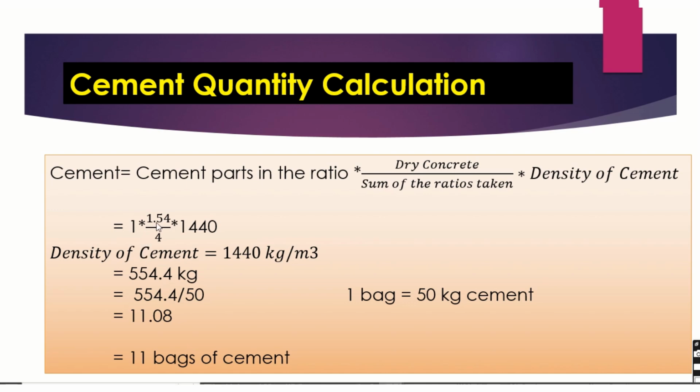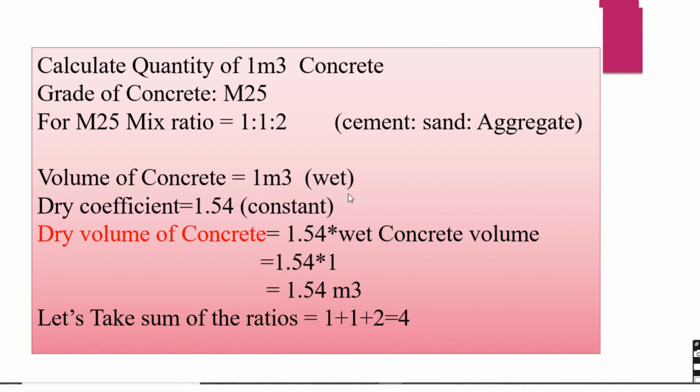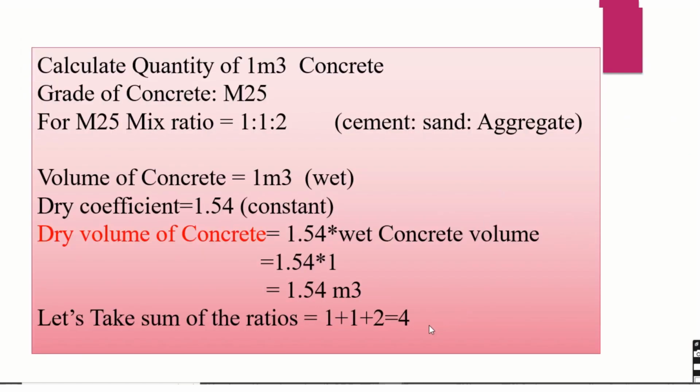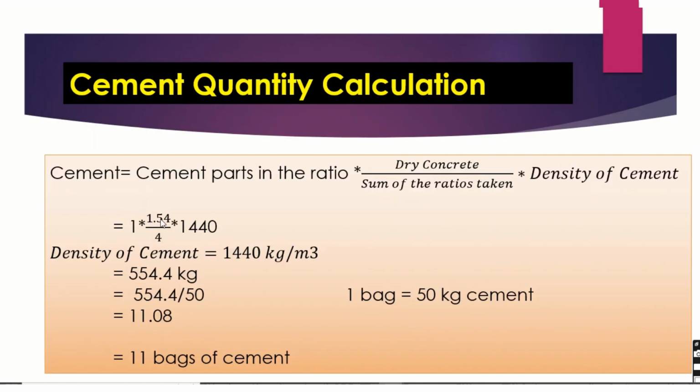Now dry concrete is 1.54, and then this is the density of cement, 1440 kg per meter cube. And then the sum of the ratio, see here, is 4. So we'll divide this by 4. After multiplying, we'll get 554.4 kg of cement. It means for 1 meter cube of concrete we need